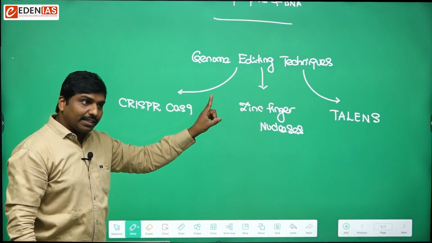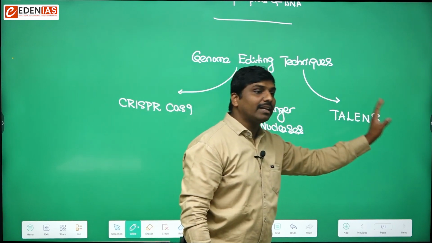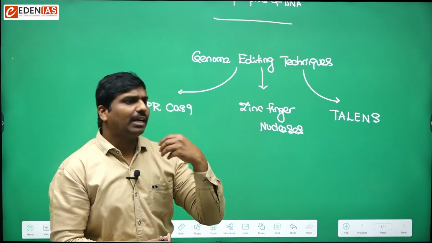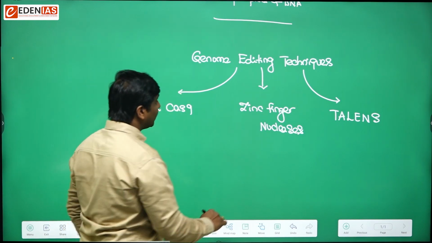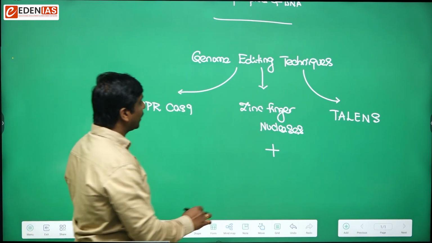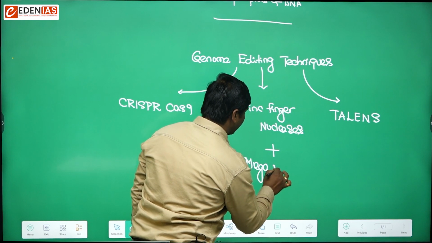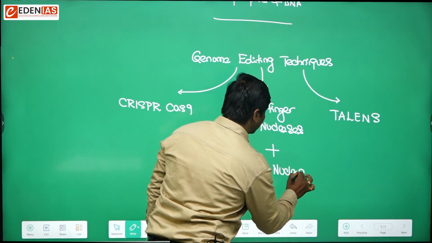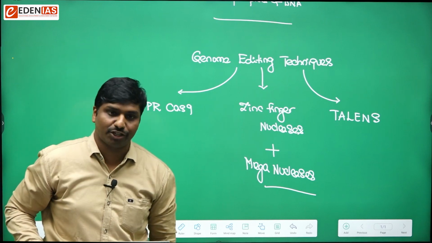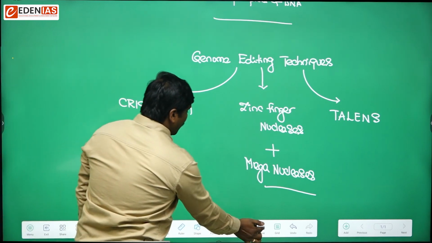CRISPR-Cas9 technique is one thing, zinc finger nucleases is one thing, and TALENs technique is another thing. That means these are acronyms and these are the techniques. And along with this, we also have another important genome editing technique called the meganuclease technique. Meganuclease. Nuclease is basically an enzyme. So here,